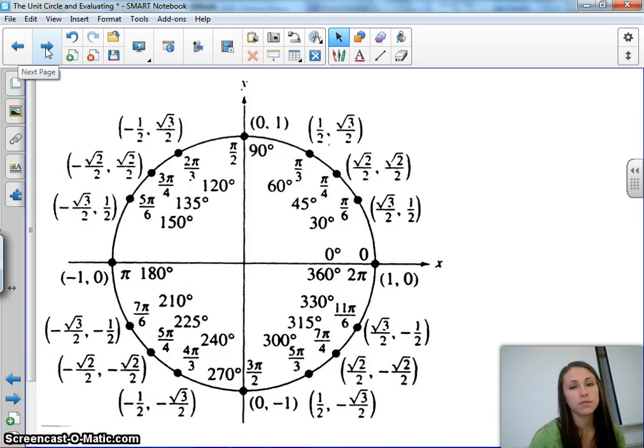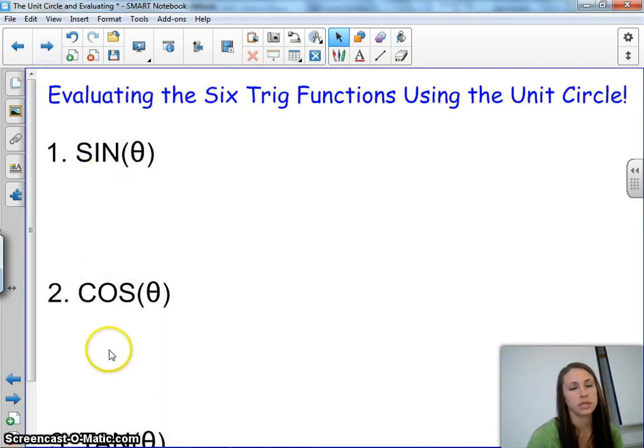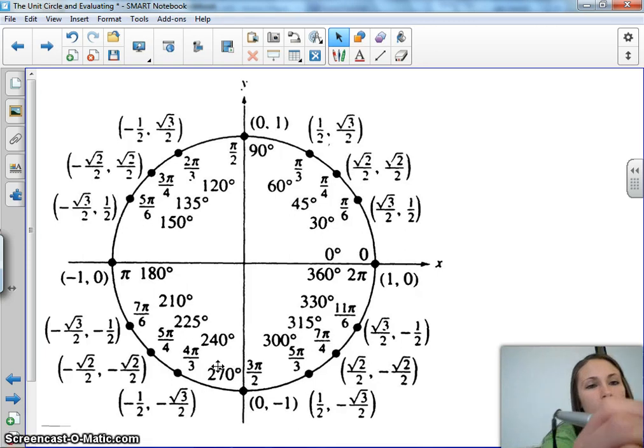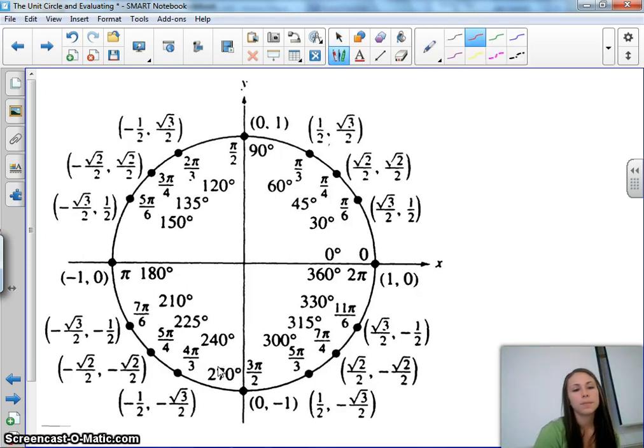Alright, so now, we said in the very beginning that the whole point of using this unit circle is so we can evaluate things like the sine, cosine, and the tangent. I want to show you how we're going to use this to evaluate sine, cosine, and tangent. There are rules that we're going to use every time that work for sine, cosine, and tangent, but I kind of want to show you where they come from. So I'm going to look at this unit circle, and we know that first of all, sine,